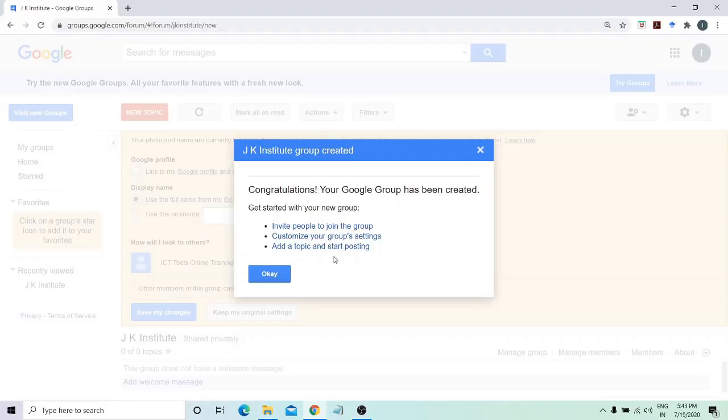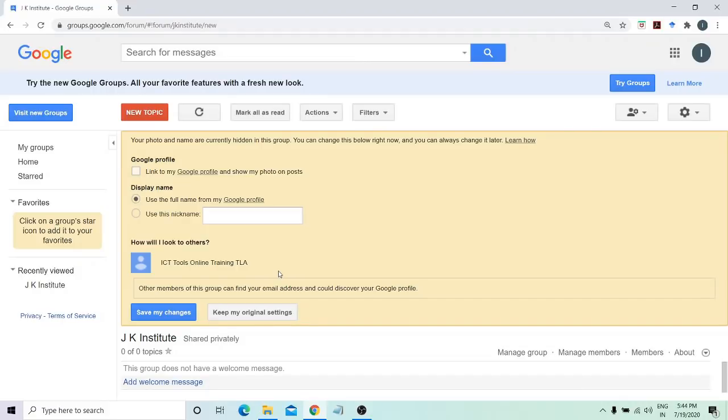Topic and posting is basically a kind of email composition. Topic is the subject, and after the subject there will be the content, just like when we send mail that requires a subject and body of the mail. So in Google Groups, when we create a topic, it is basically like a subject, and for that topic you can provide content, information and post it. Basically posting means sending, so we post it to all the members of the Google group.